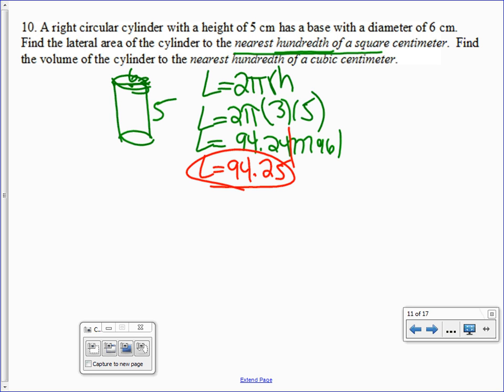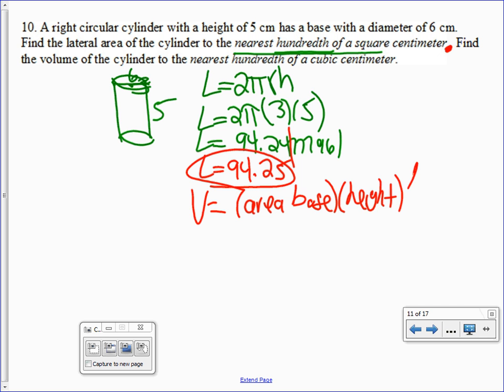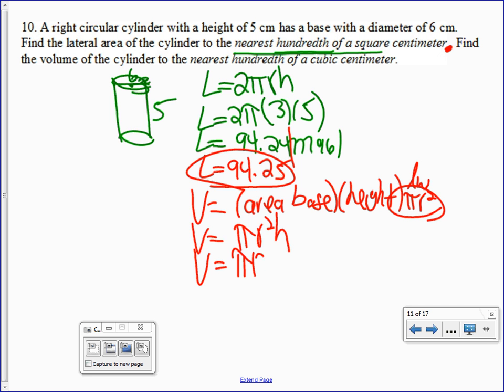But I'm not done. I'm only up to here. Find the volume. Well, again, volume equals the area of the base times the height, length times width, pi r squared. Again, it's a cylinder, so it's still pi r squared. Substitute the values in. The radius we said was 3, the height we said is 5. Type that in, and we get